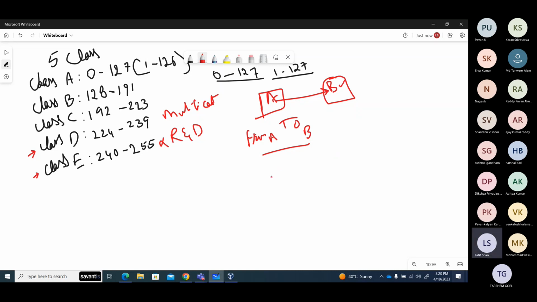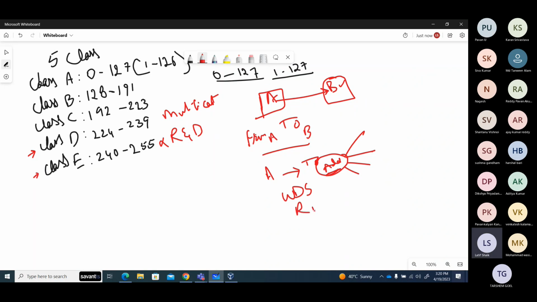Multicast means I'm sending a message to some address, and this address can belong to multiple devices based on their protocols. We use multicasting in certain services like WDS services,